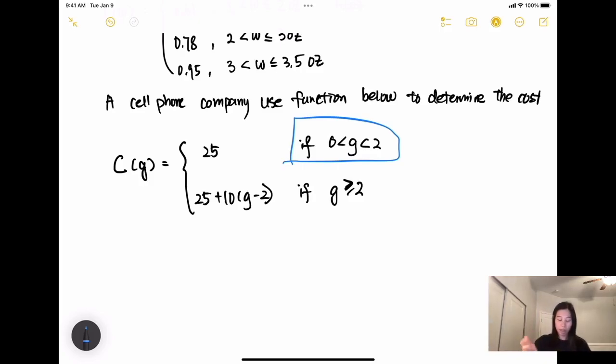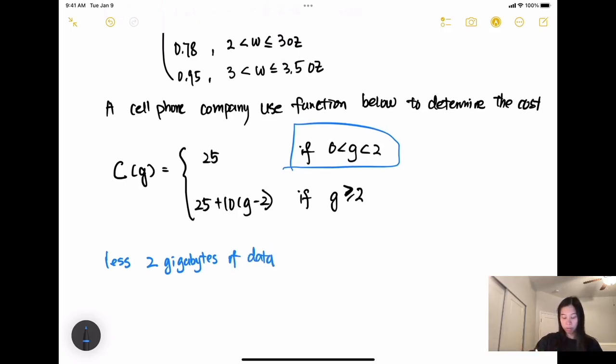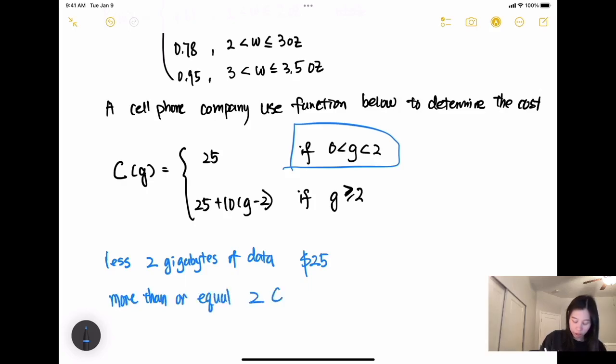That means if you use less than 2 gigabytes of data, they're going to charge you a flat rate, $25, right? But if you use more than or equal to 2 gigabytes of data,